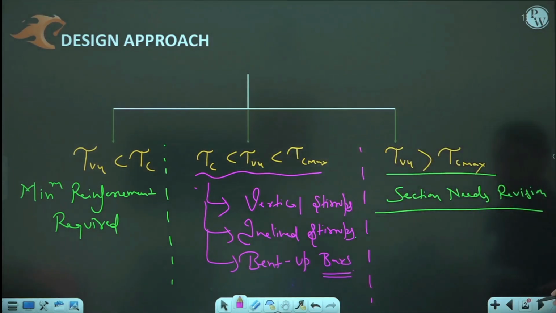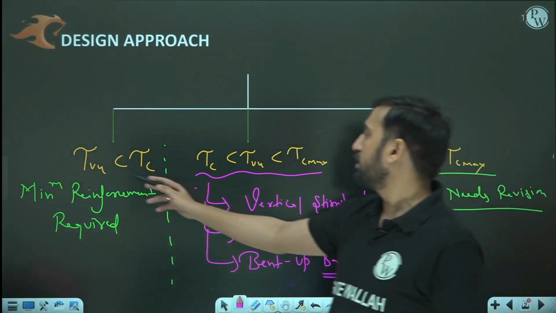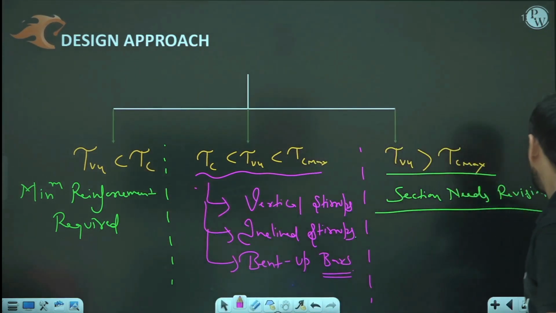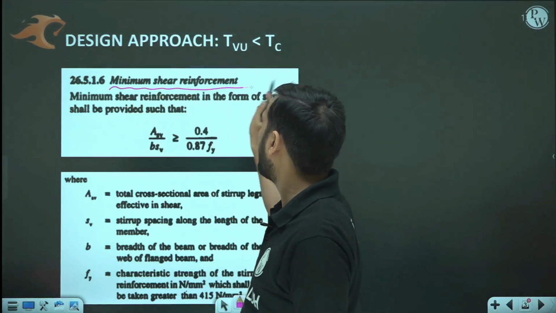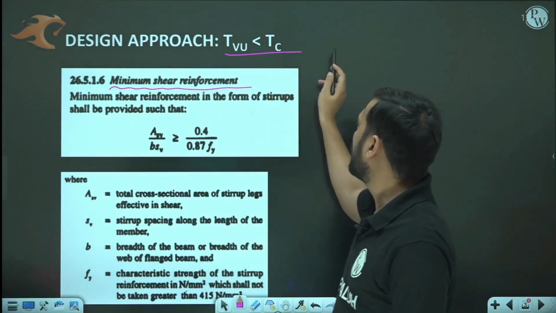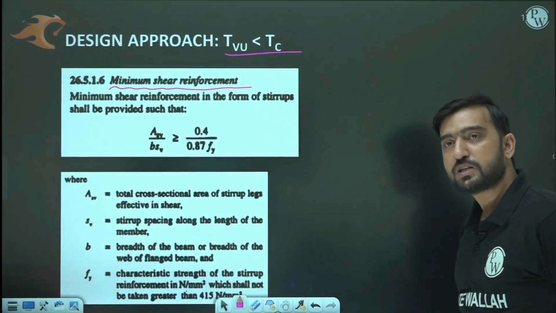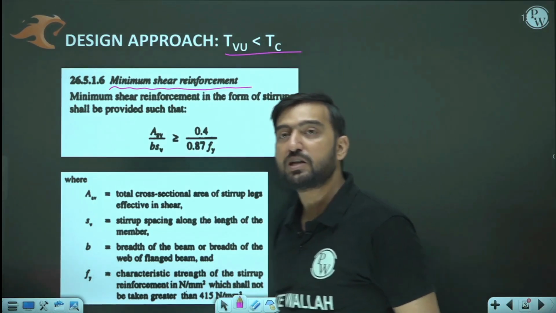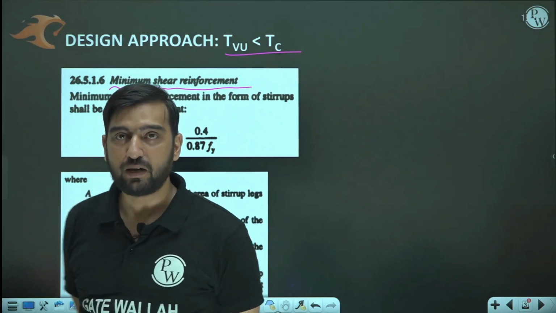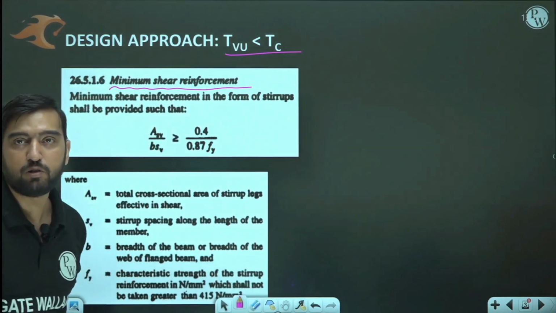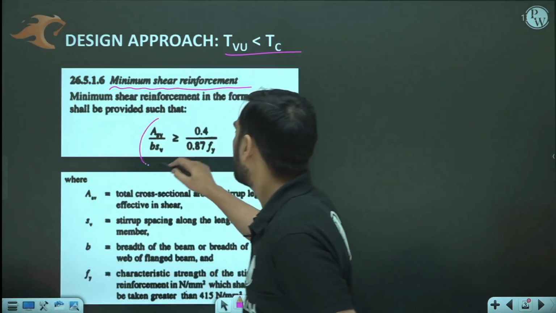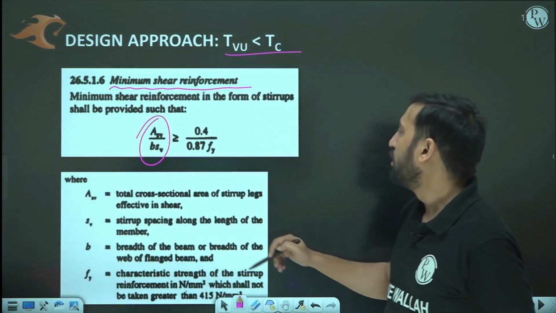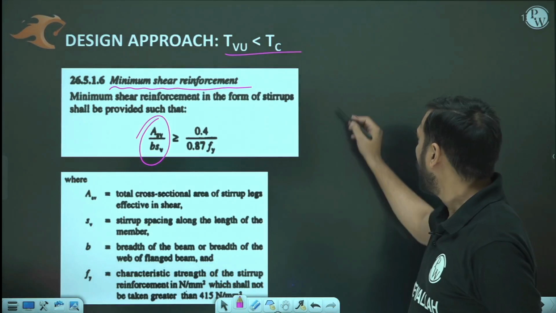Okay. So first case, when tau V is less than tau C, in that case, as I already told you, only minimum reinforcement is required. When nominal shear stress or average shear stress is less than the shear strength of the concrete without reinforcement, in that case you only need to give the minimum amount of reinforcement. So here ASV upon B SV is greater than or equal to 0.4 upon 0.87 Fy,